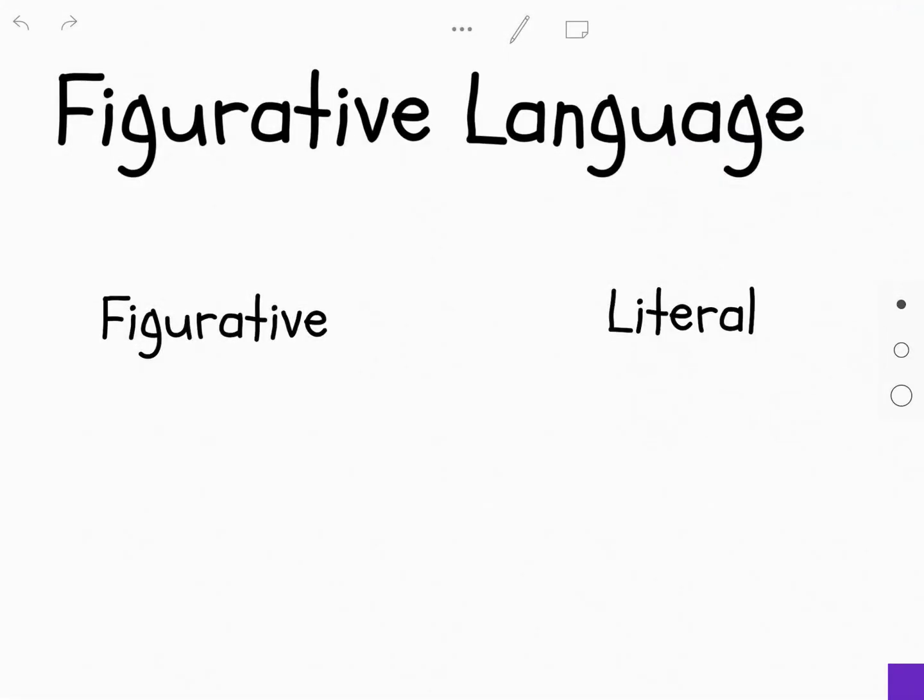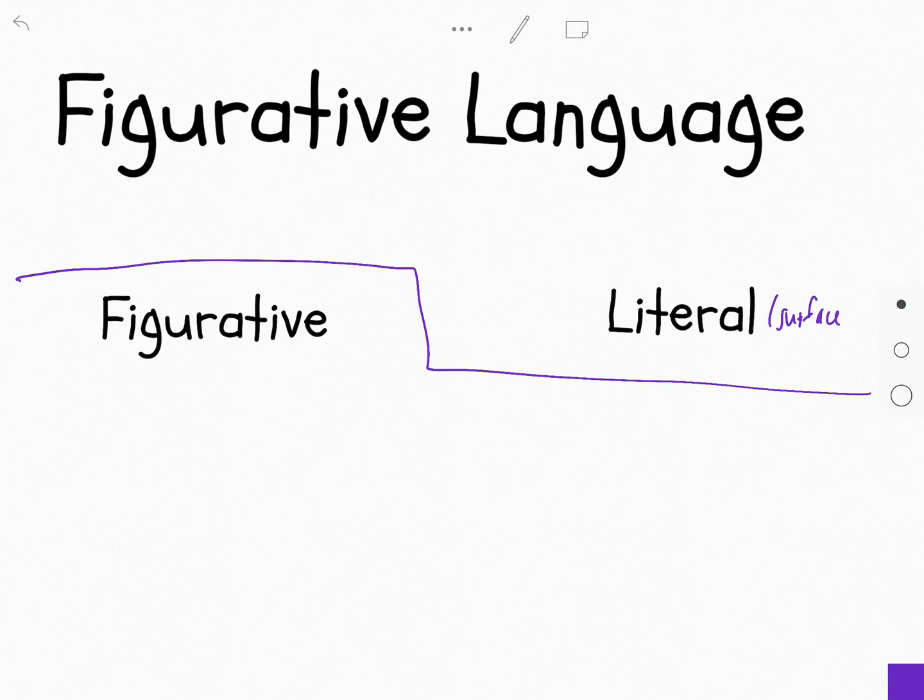All right, let's start looking at your notes for figurative language. So, the difference between figurative language versus literal language is that there's kind of this layer, right? Literal language is on the surface. So, what does the author say? If they're describing a tree, the literal interpretation of that tree is that it's something with branches and bark that grows, okay? Whereas the figurative language is more,